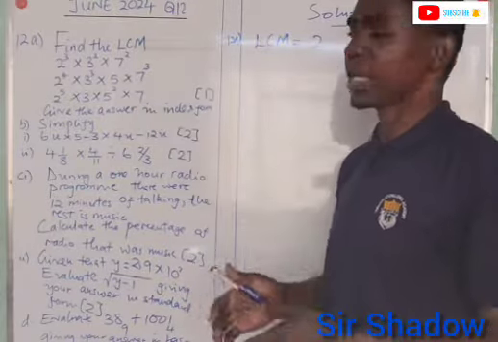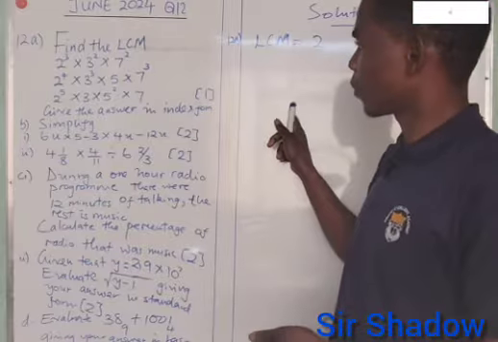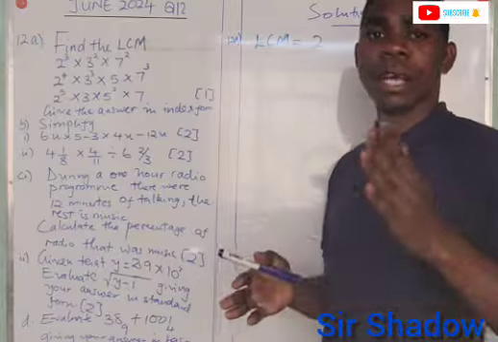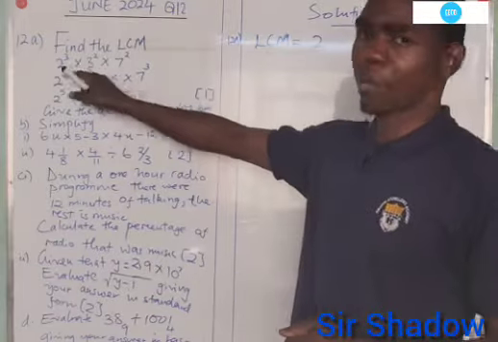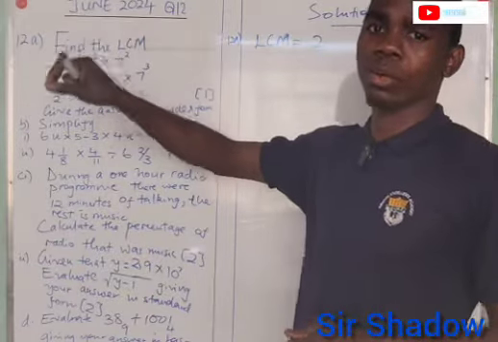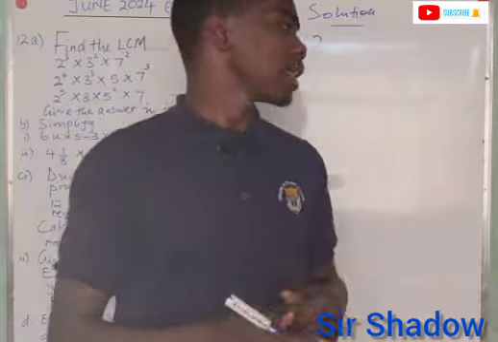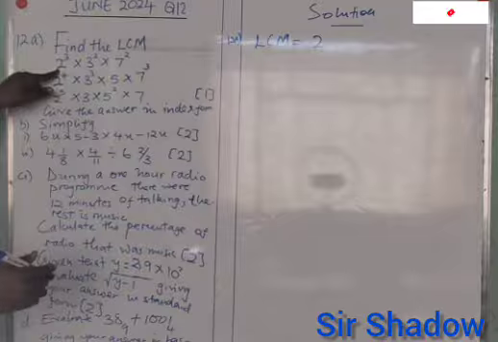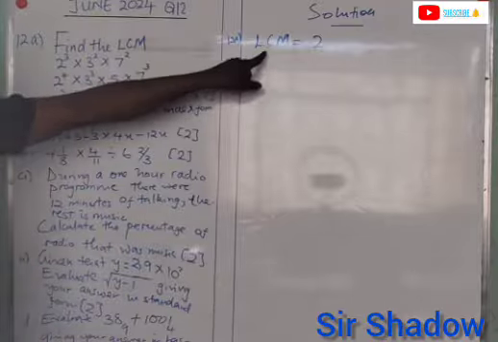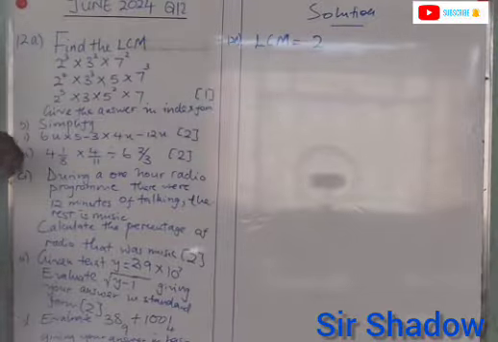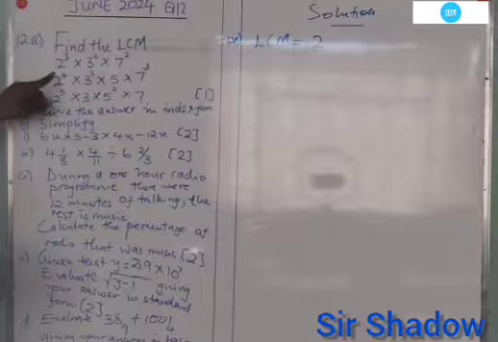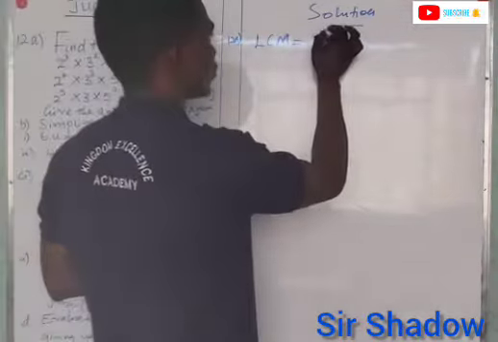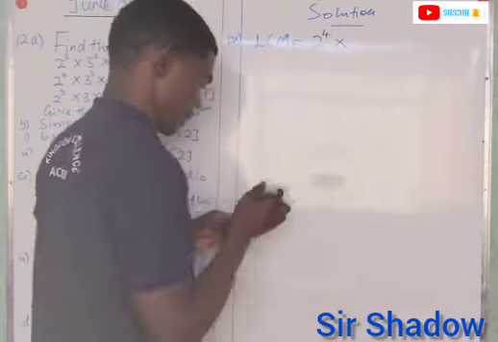If it is the highest common factor, take the lowest value with the lowest power. So for the lowest common multiple, the lowest value, which is 2, with the highest power, which is 2 to the power 4. Then times